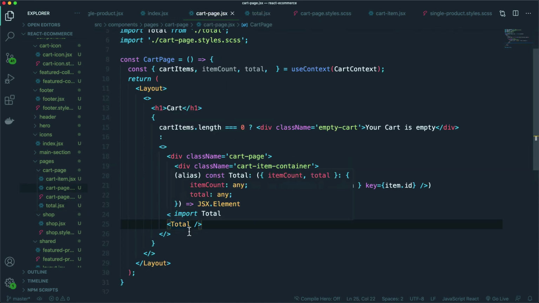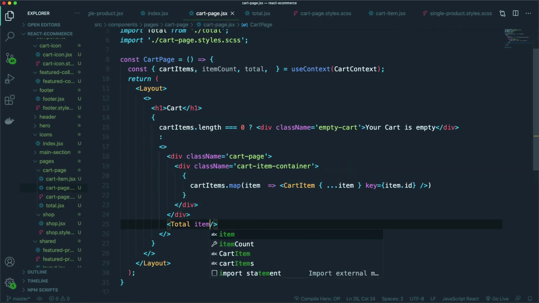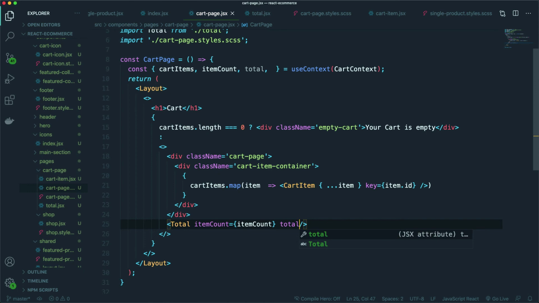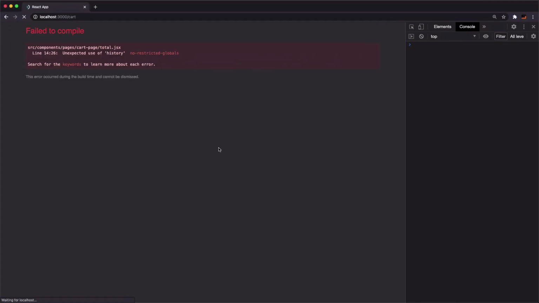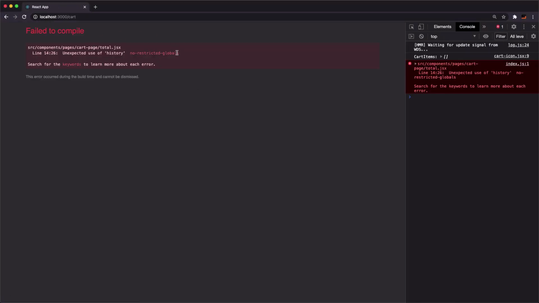So we're going to pass that in, say item count, and that's just simply going to be the item count that we have. And we're also going to pass the total, and that's going to be the total that we have. Now, if we save that out and go to the React app here,